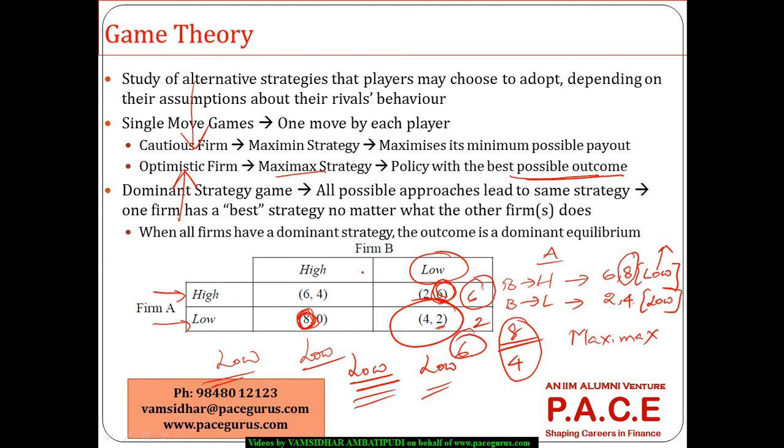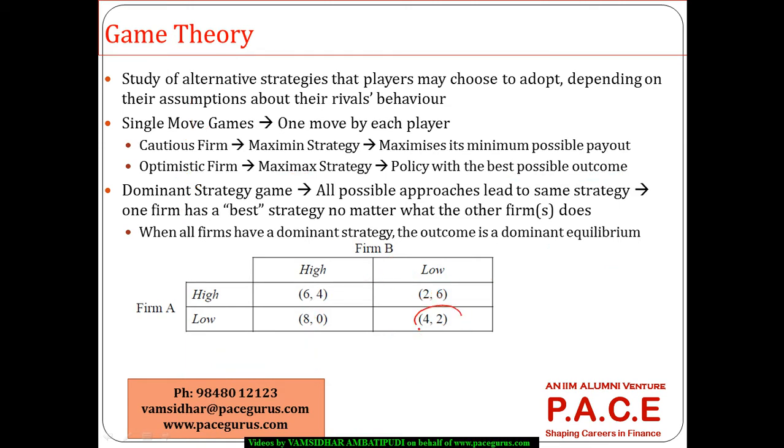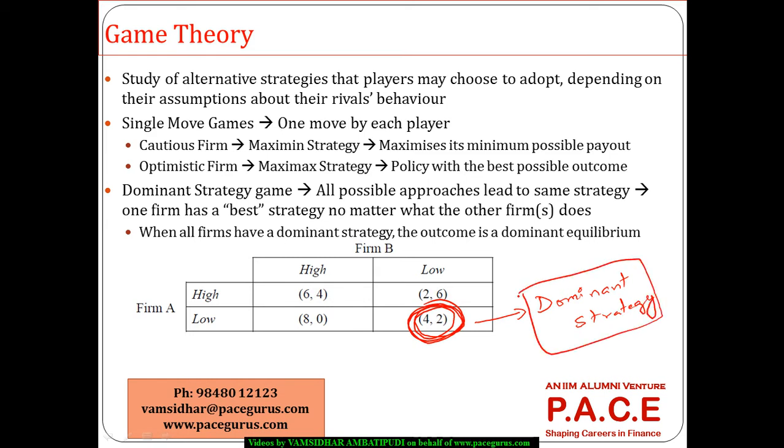Right? So both these strategies, both these approaches, are leading to the selection of the same strategy. This is called a dominant strategy game. In some cases this might not be possible, but in this case at least it is coming out that